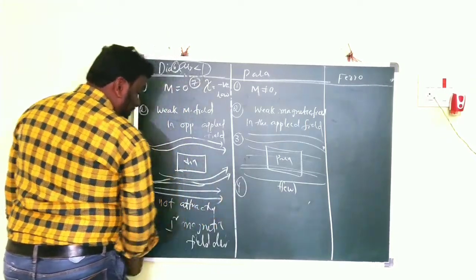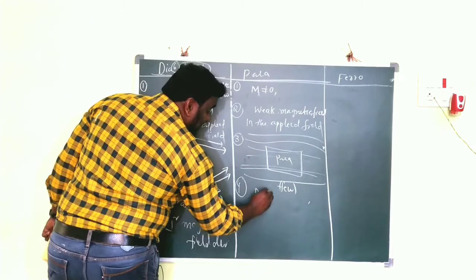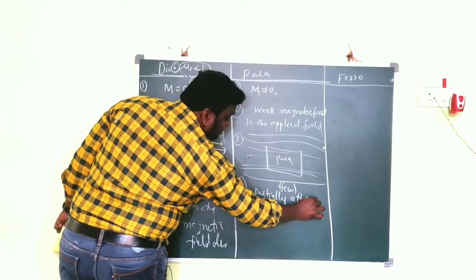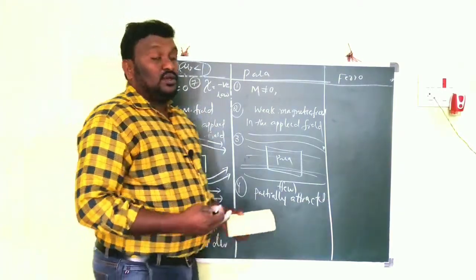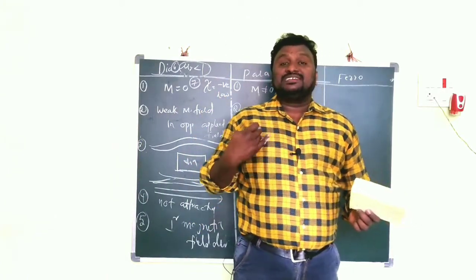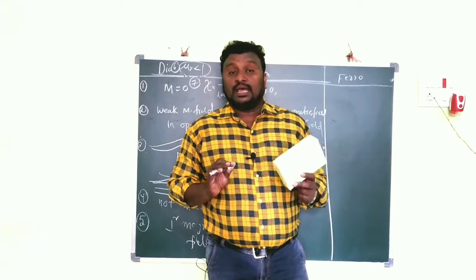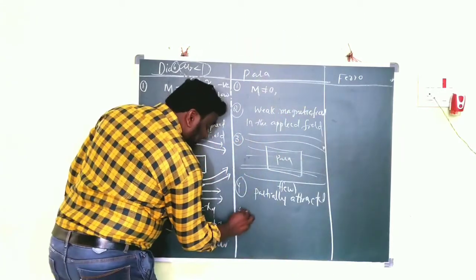Fourth one, and these materials are partially attracted by the magnet. Clear? Partially attracted by the magnet. Clear? And next thing children here, in this case,